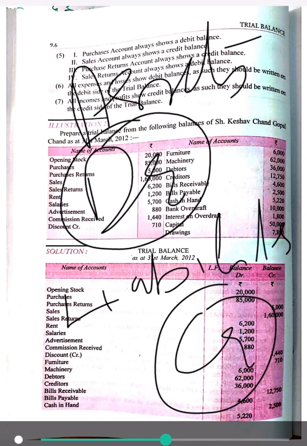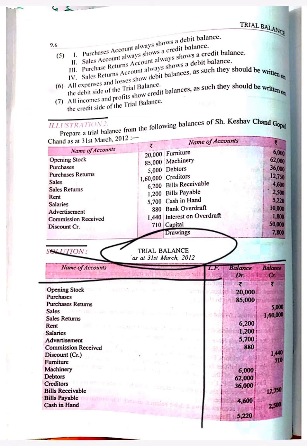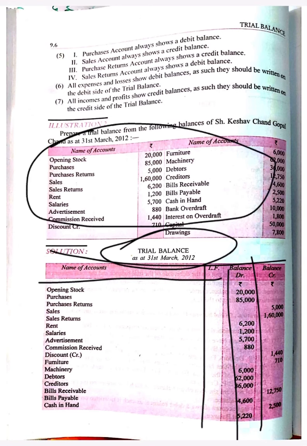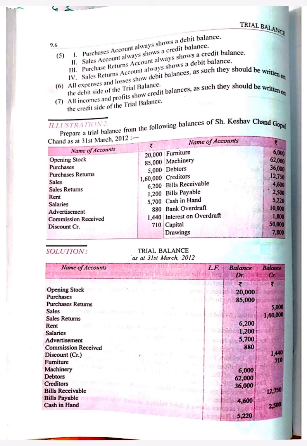And the format of this trial balance is this. First of all, we will write trial balance and the date here, then name of account, LF, and two columns of amount, debit and credit. It is very simple to prepare. First of all, write all the names of the accounts here, serial wise, like opening stock, purchase return, and so on. Okay. And after writing the names,